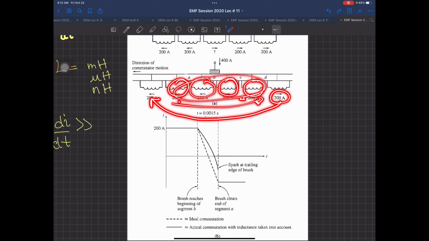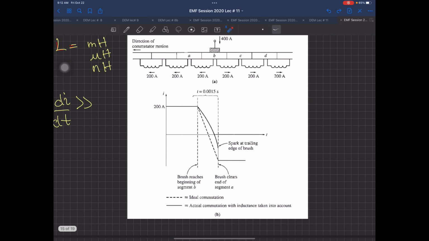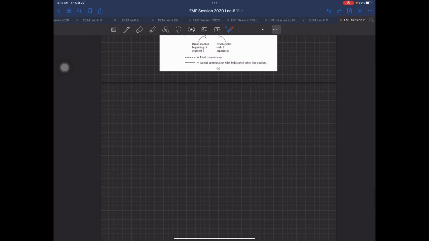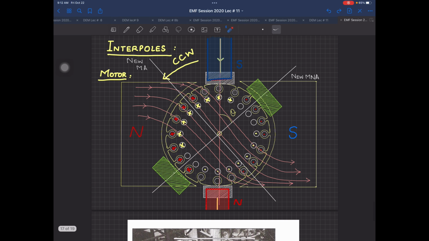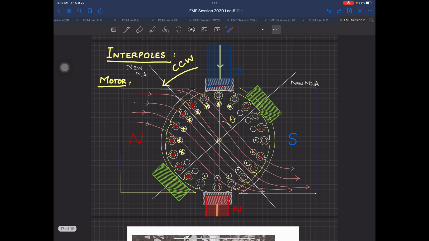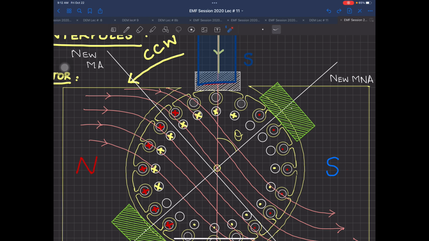200 ampere. So what I am suggesting over here, if you see this diagram now, where are my interpoles? Okay, the word is interpoles. What are interpoles? A subsidiary of poles. Which two poles did we have? This was the north and south pole. What problem are we facing? Armature reaction is supposedly happening inside our machine. What is happening because of armature reaction?